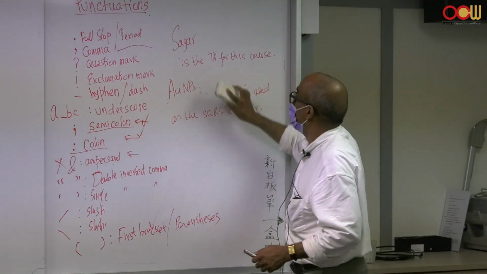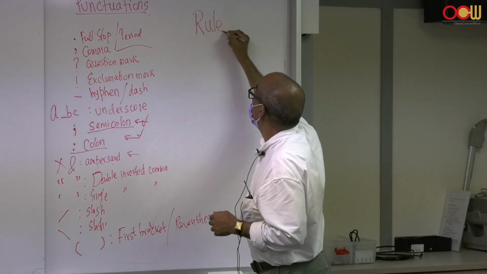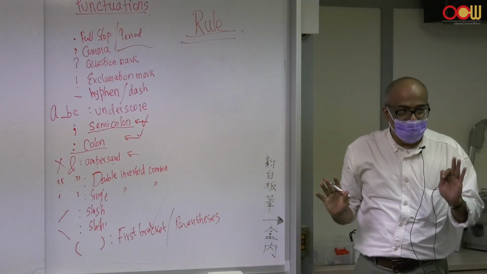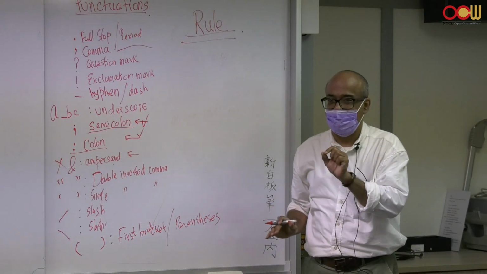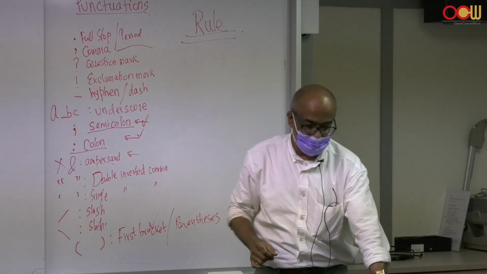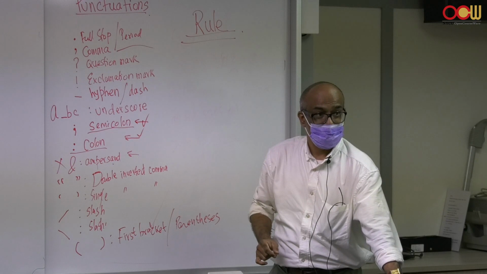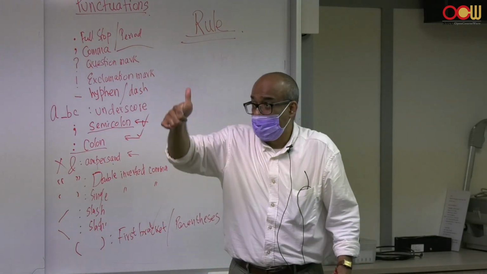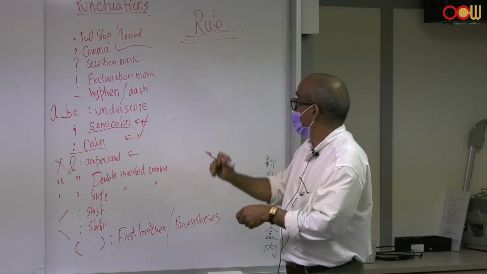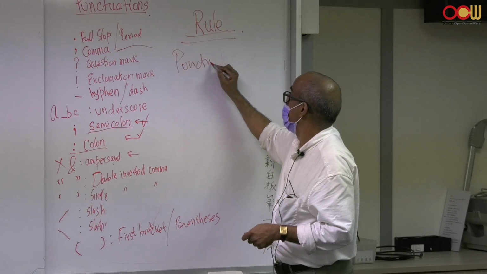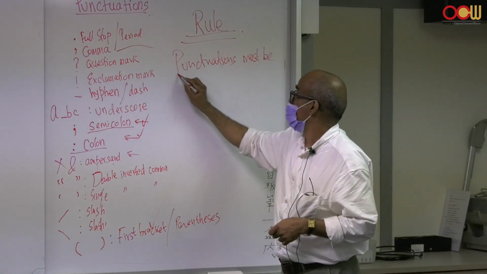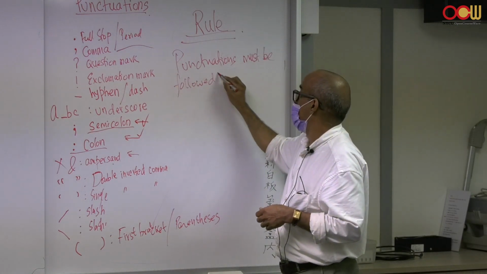I end up with a rule. This is the biggest thing. The rule is after every punctuation there is a space. When you put a punctuation, your thumb must hit the space bar. If you make this mistake, that means if you either put two spaces or don't put any space, that's a very bad mistake. So punctuation must be followed by a